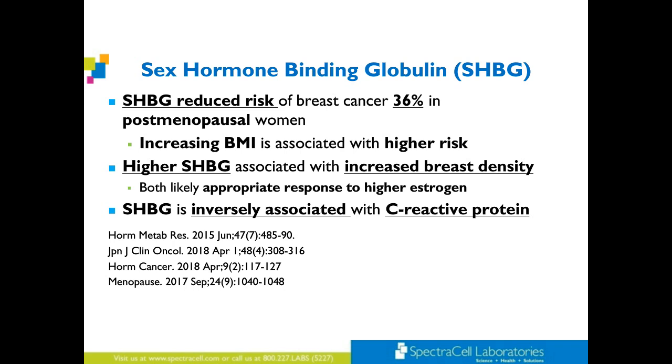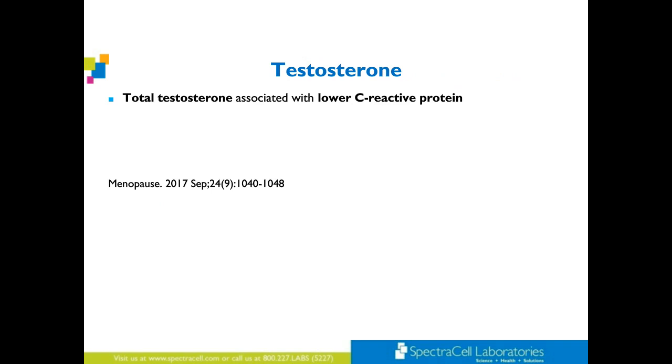So higher SHBG associated with increased breast density in this one study. SHBG is inversely associated with C-reactive protein. So by binding up the estrogen, which promotes C-reactive protein, by the way, whenever you give oral estrogen, that will increase C-reactive protein about 85%. So that's true probably for even birth control pills, or whether you give oral Premarin or whether you give oral estradiol. That's going to basically double C-reactive protein and inflammation production. So total testosterone is associated with lower C-reactive protein. So again, estrogen in excess promotes inflammation, and inflammation promotes angiogenesis, growth of blood vessels within tumors, whereas testosterone is